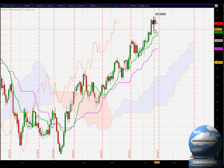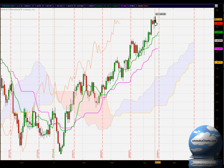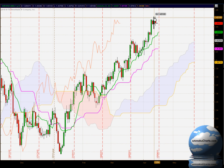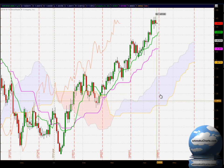Good support offered at the low of that previous candle from the previous day, 143.768, where we had buying coming in down around that level. But certainly good solid resistance up around the 145 level, and the previous two candles lost, the buyers lost commitment up around those levels. Now we are trading a fair way up above the cloud, so the market has an